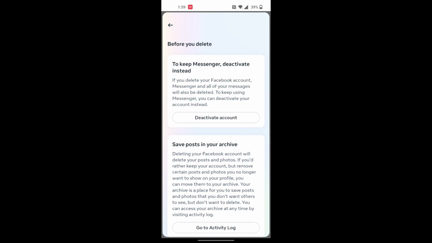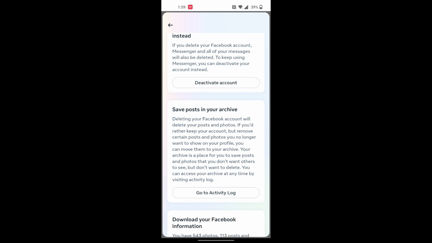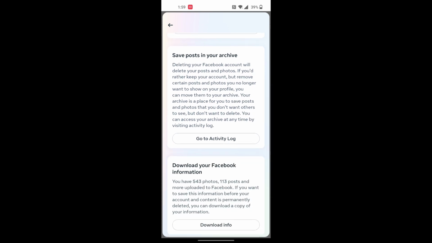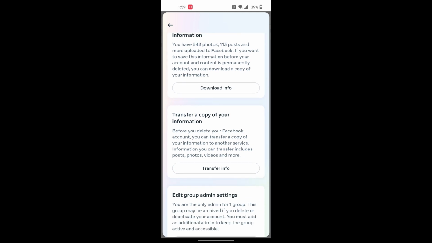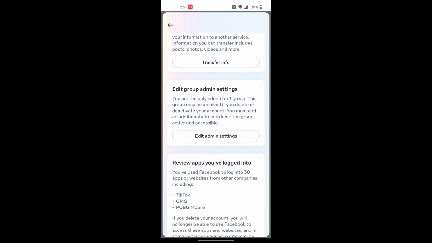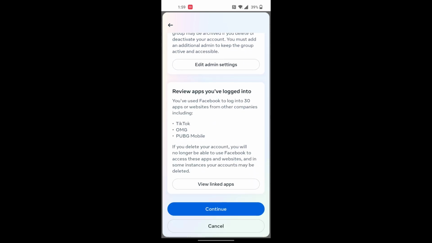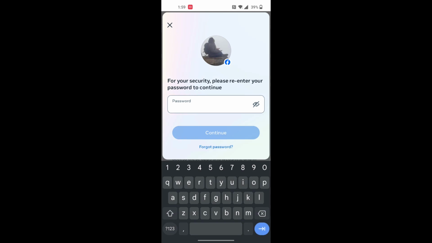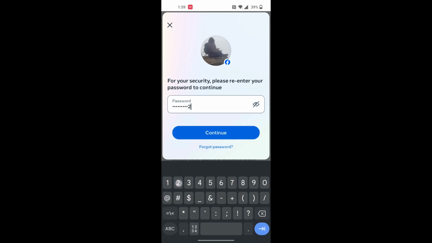of this information before you delete, because if you want to save your posts in an archive or download your Facebook data, these options will be very useful for you if you come back to Facebook in future days. With that being said, I will be scrolling down and again tapping on Continue. Over here you'll be required to enter your password. Let's enter your password, and after entering your password, tap on the Continue button over here, and then your account